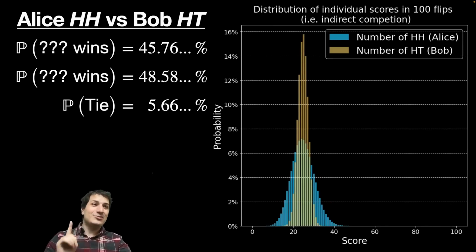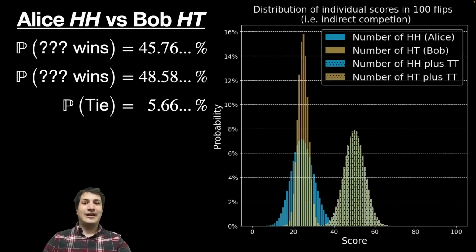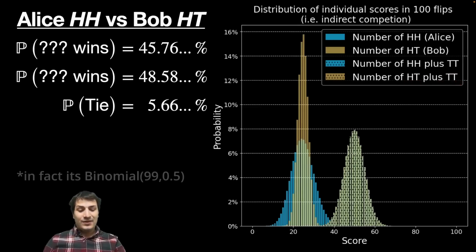And the reason is, this was a very clever argument I also saw on Twitter. If you give them extra points, you will see that it's impossible. If you give Alice an extra point every time a tails tails comes up, and if you give Bob an extra point every time a tails tails comes up, what do their distributions look like? They look like this. So here is the distribution of heads heads plus tails tails. So if you give them a point every time there was a heads heads or a tails tails, same with Bob, every time there's a heads tails or a tails tails, give them a point,